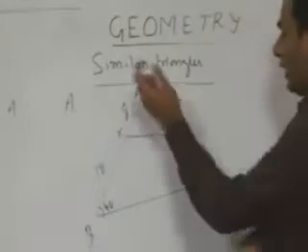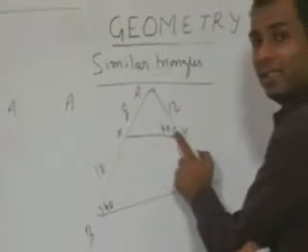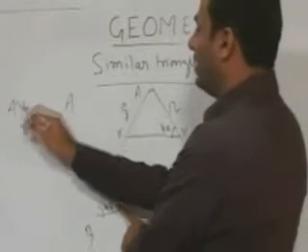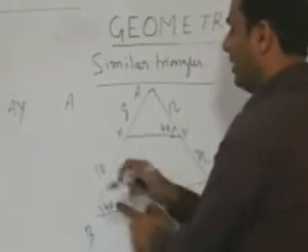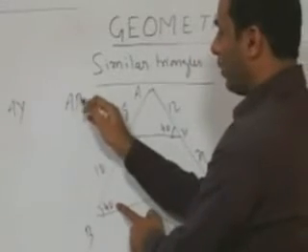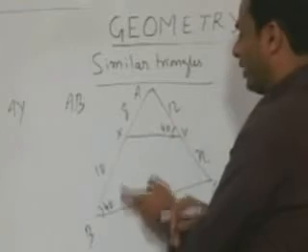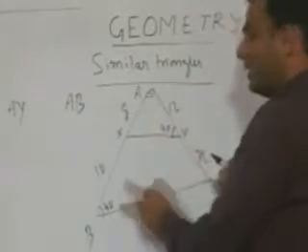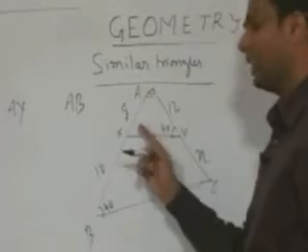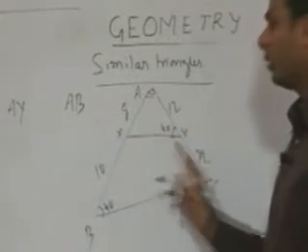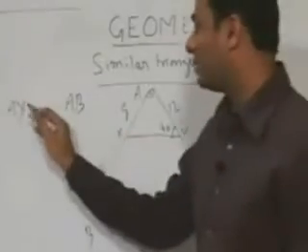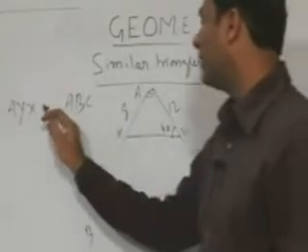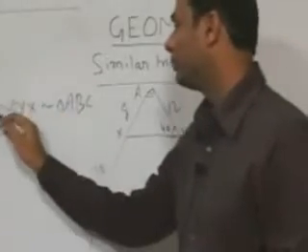Now in the smaller one, angle Y is equal to angle B. So if I am taking the smaller angle Y from here, I must take this B from here, because these two angles are equal. So if one angle is common and these two angles are equal, can I say that the third angle is automatically equal? So here the angle X corresponds to angle C. And now we can say that these two triangles are similar.